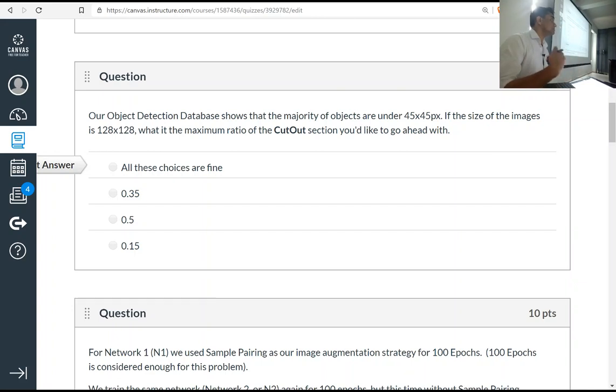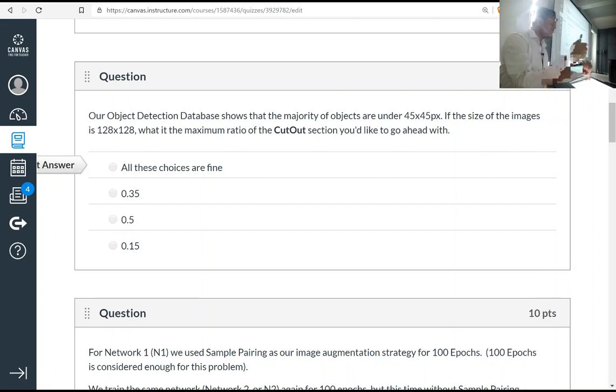One fourth of the image. That is fine. Agreed. So my question is, one fourth of the area you are cutting, one fourth of the image, you are seeing 128 by 128. But that's what we are going to see in the algorithm itself. That my image is not 128 by 128. My image is,